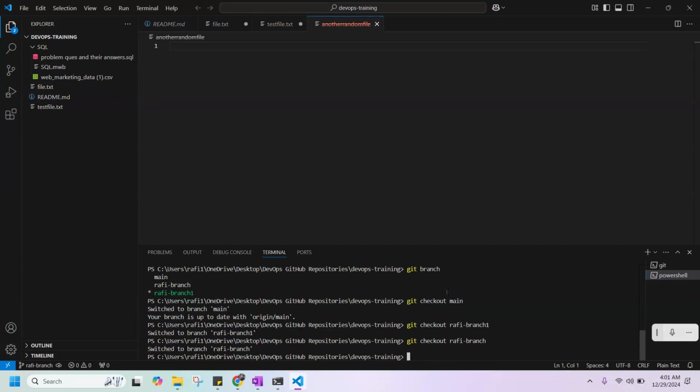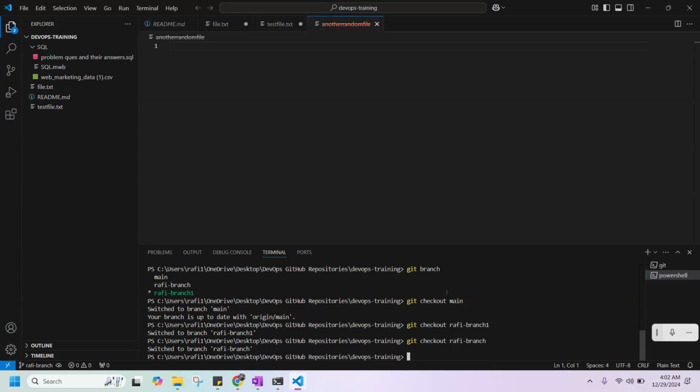Right. Now, we made three branches and we made some changes separately in those branches. Like in Rafi branch one, we added another random file, and in Rafi branch we added the test file.txt, right? After those changes, currently all of the changes are in my local.